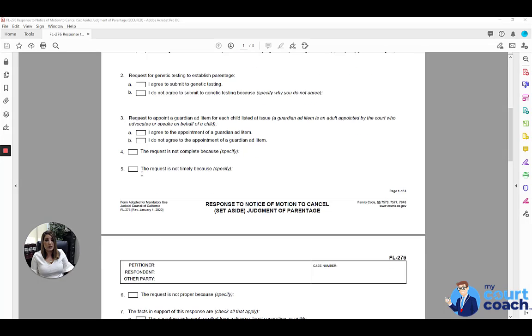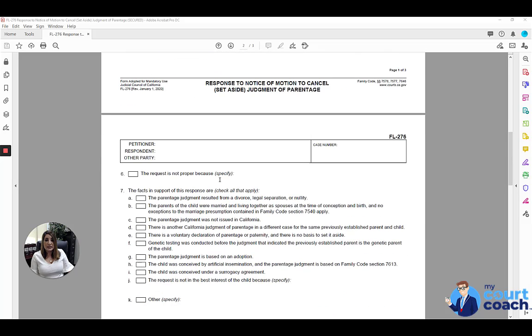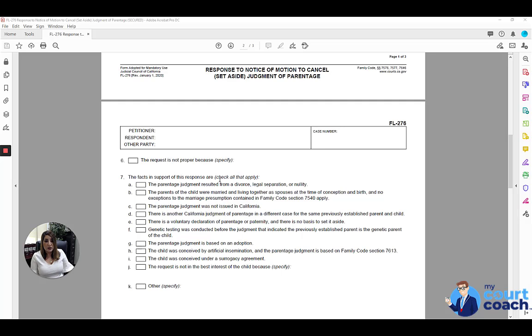If you think that the request is not timely made, mark box 5 and indicate why you don't think it was timely made. And remember that a motion to set aside a judgment of parentage needs to have been brought within 2 years after the original judgment of parentage was established, or within 2 years of when the person filing the motion should have known about the judgment being entered. Next, if you believe that the request is not proper, mark box 6 and explain what you think is not proper. And if it's based on one of these reasons listed below in item 7, you can just say see below,